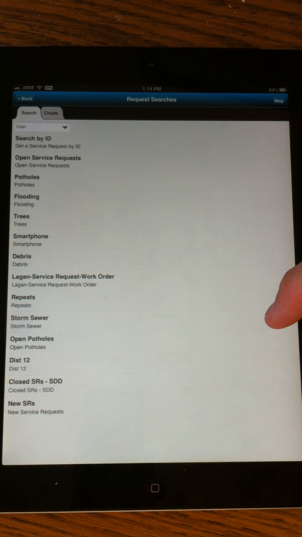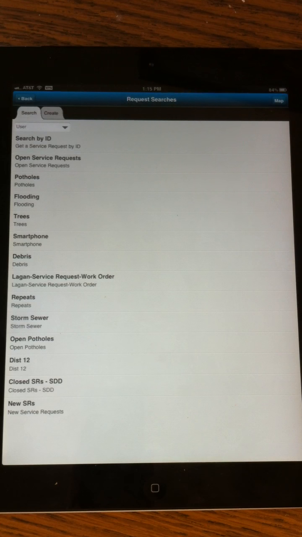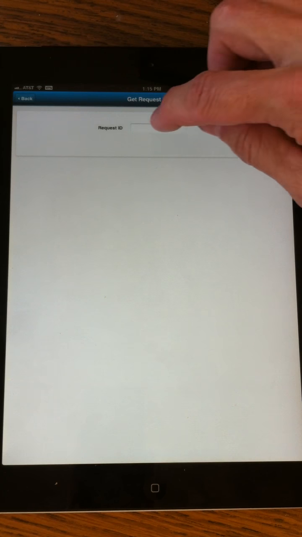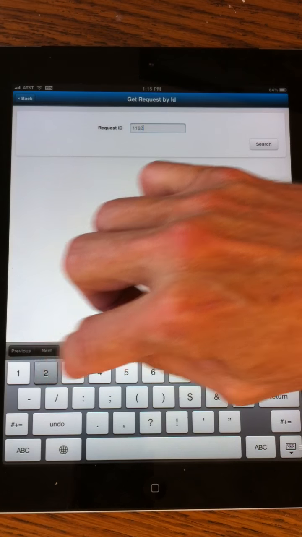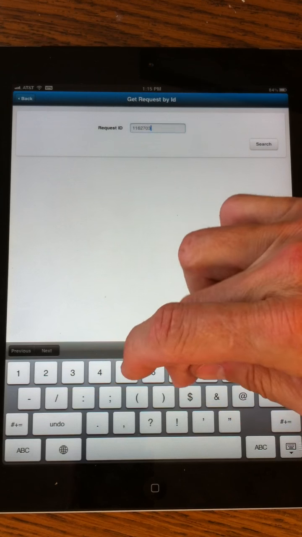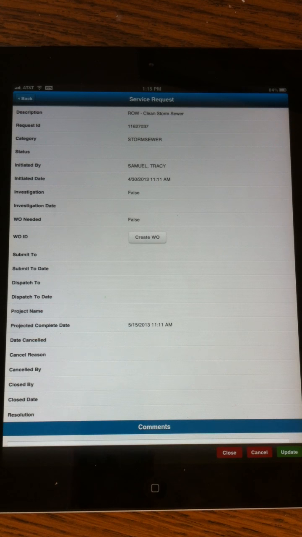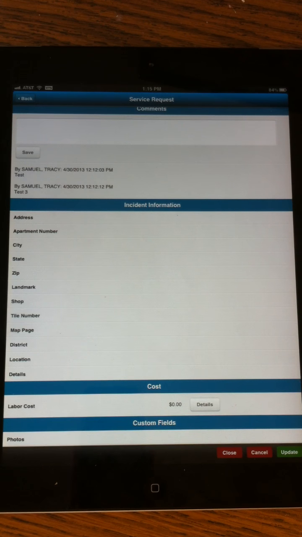Open service request. If we want to create a new one, we'd save that under the Cityworks web application, and it would show up here so we can create new service search requests. Let's go ahead and just find a search by entering an exact one here that I'm familiar with. Okay. Now the first thing we want to do with this is we want to